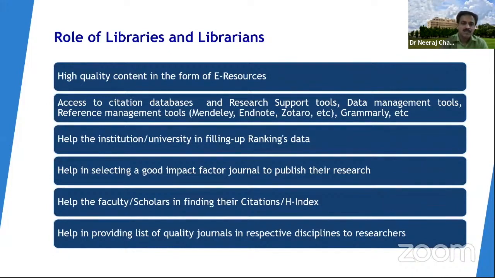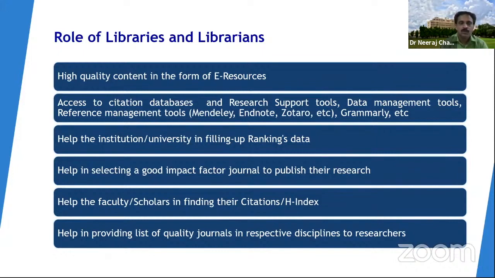So we can help the institution or university to fill up the ranking data. Another thing we can do is select quality journals, using the SJR, the CiteScore or the impact factor. We can create a list of journals in different fields, and make it available through our different sources